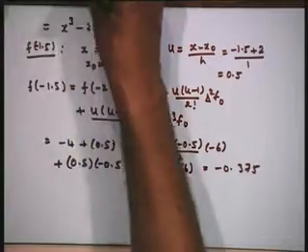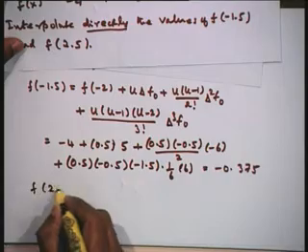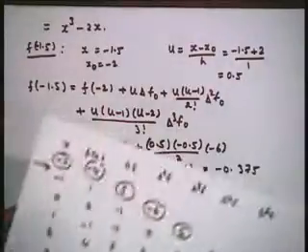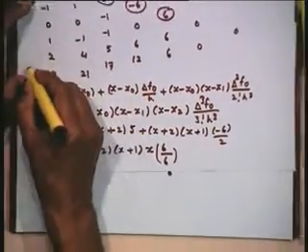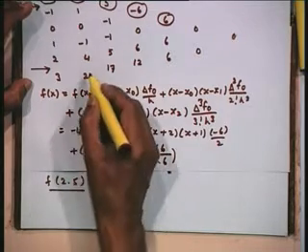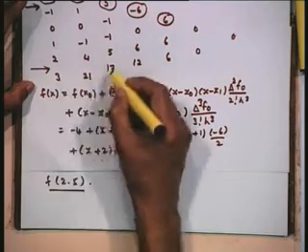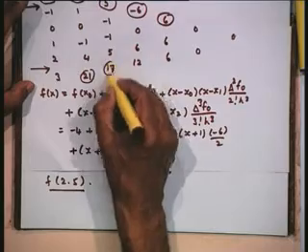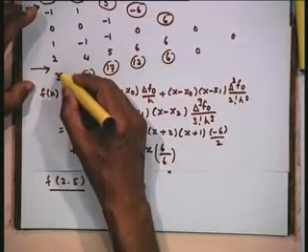Now, consider the second part of the problem. I want to find an approximation to f of 2.5. Let us look back at the table. 2.5 lies here. Therefore, there are no forward differences available for me here. Since I am at the end of the table, I must use only the backward differences. I would go in the backward direction when I am at the end of the table.